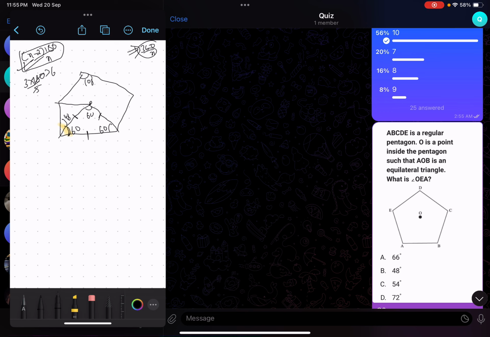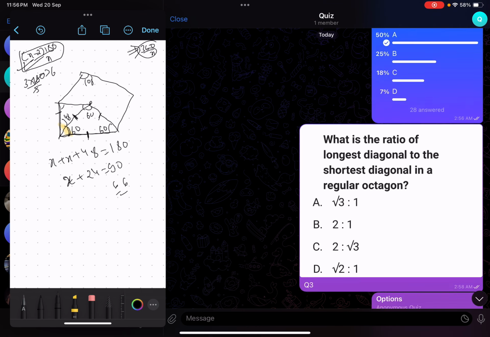Now see, this is an equilateral triangle, so this is equal to this. This is equal to this, and we know that this is the side of the pentagon, and this is the side of the pentagon as well. Now since this is equal to this, this will be equal to this as well. Fair enough? So these both angles will be equal, and they will be how much? x plus x plus 48 equal to 180. So let's divide by 2. So we can write it as x plus 24 equal to 90. So we can directly write it as 66. Is this 66? Yes, 66 is the answer.